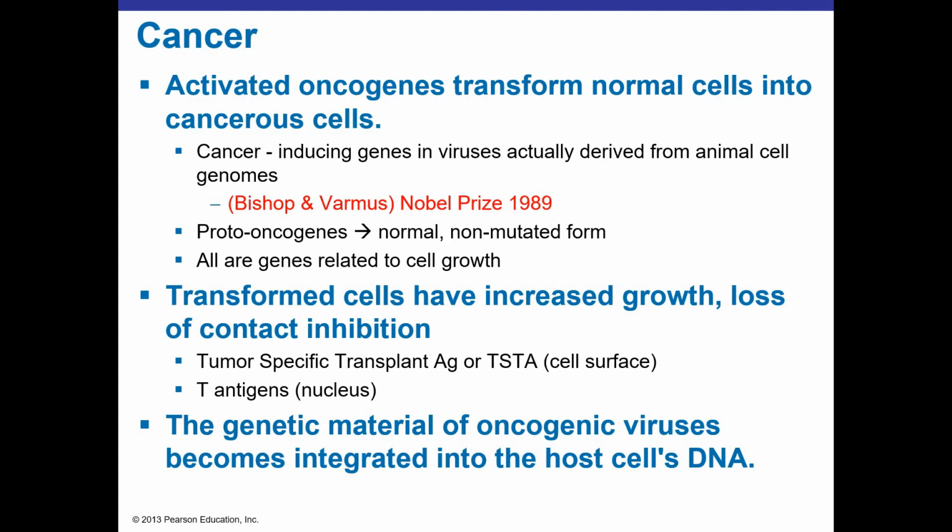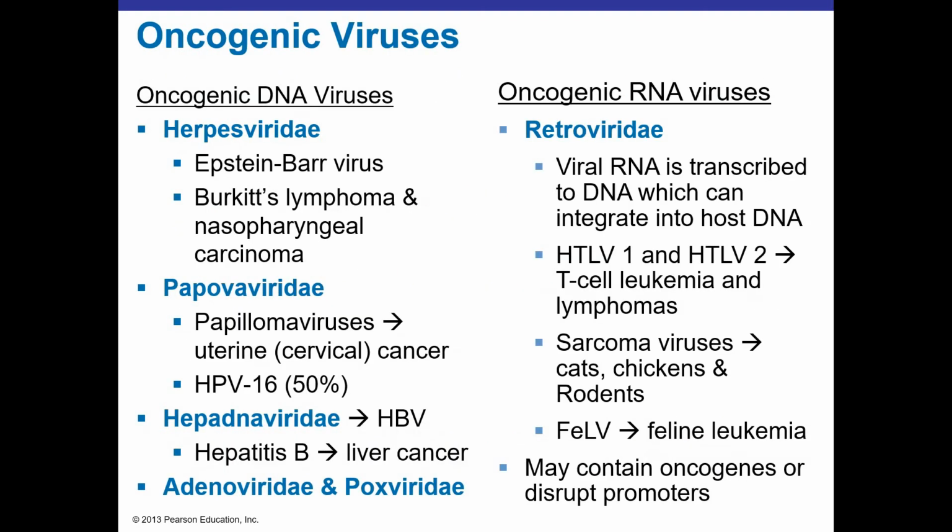So the genetic material of these oncoviruses becomes integrated into the host genome, and they're not going to come back out. A couple of examples of oncogenic viruses that you may have heard of. The Herpesviridae, so the Epstein-Barr virus, and we see that that can be the causative agent of what's referred to as Burkitt's lymphoma. The one most people probably know, the papillomavirus, because of its association with cervical and uterine cancer. HPV-16 is responsible for about 50% of the cancer-causing strains of the